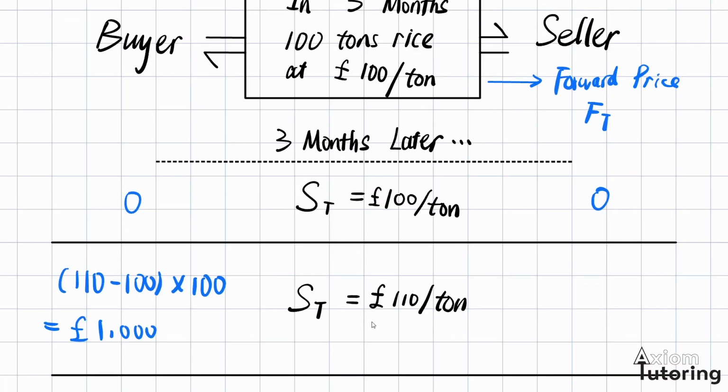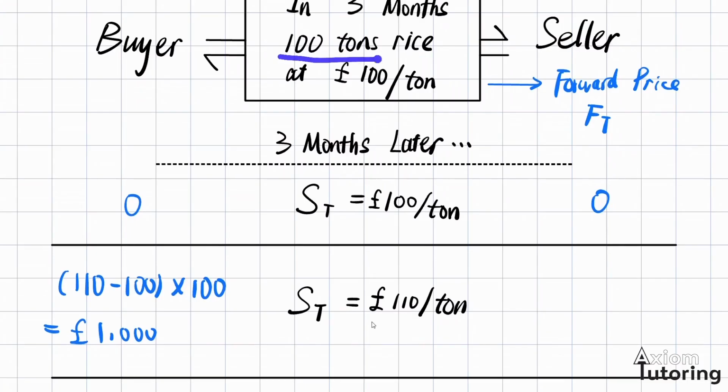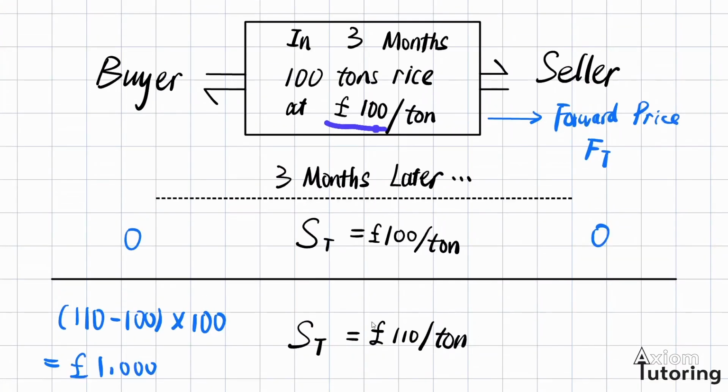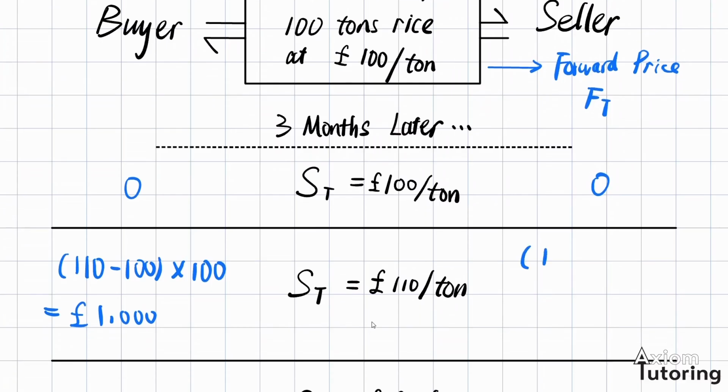And similarly for the seller, now he's worse off if he honors this contract. If he carries out this contract, then he could have sold that 100 tons to the market at a price of £110 per ton. But if he honors this contract, he does not deviate, then he has to accept the pre-specified forward price, which is £10 lower than the market price. So he makes a loss in this case. That will be 100 minus 110 multiplied by 100, again the size of the contract here. So that will be minus